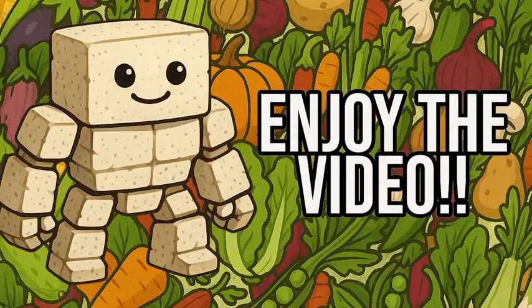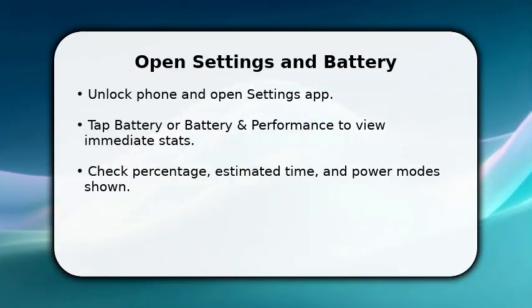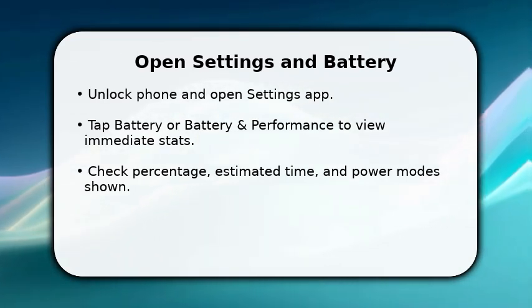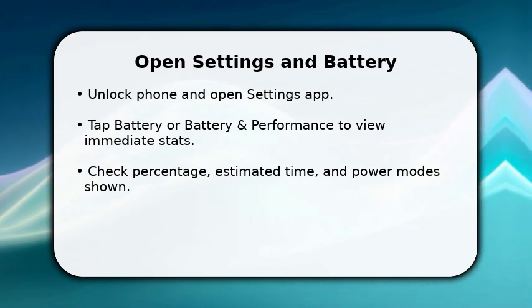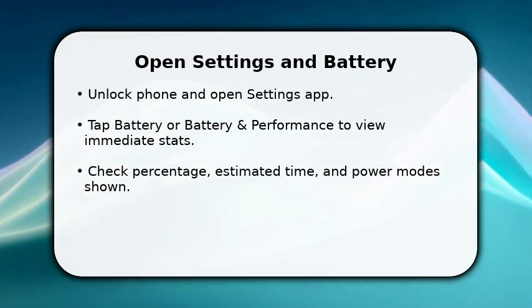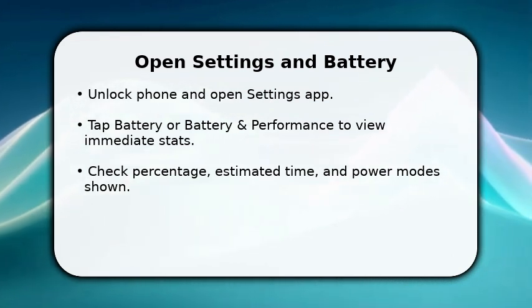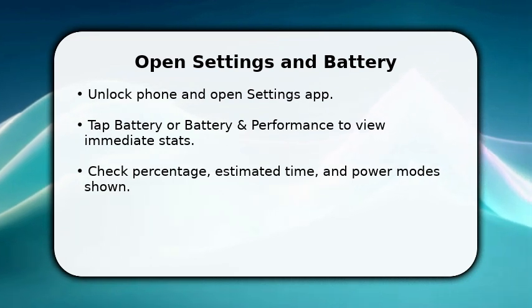Please enjoy the video. You start by unlocking the Oppo and opening settings. This is where battery details live. Tap battery or battery and performance to reveal percentage and estimated screen on time. Once you see those numbers, make sure to note the current power mode, normal, power saving, or ultra power saving,